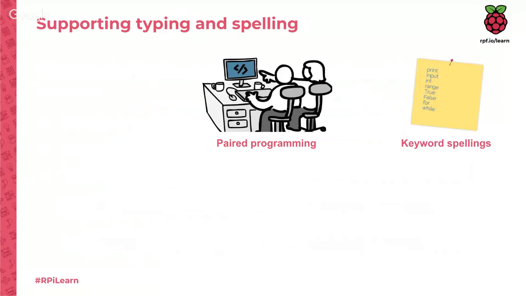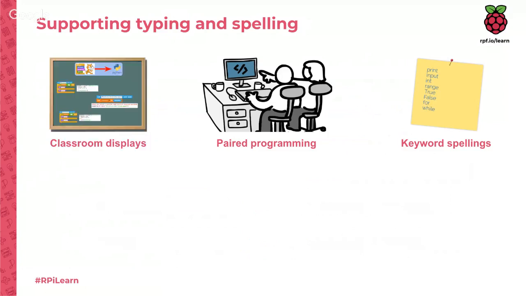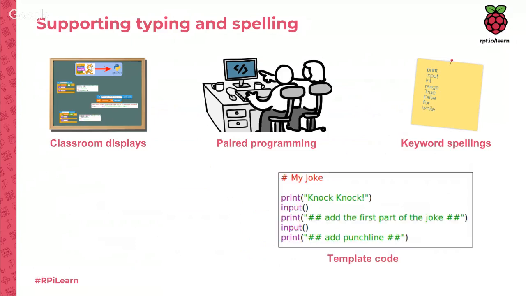Coupled with that, you may also want to provide these keywords, particularly if you've got a language like Python where capitalization is important. Here, I've capitalized True and False because when we use those as keywords in Python, we use them capitalized. You can also enrich this with classroom displays. Why not take some of those code equivalences that we've drawn out in that previous activity, display them next to each other, and ask the learners questions about them on your displays. Refer to your displays and the concepts behind them when you're working on this transition.